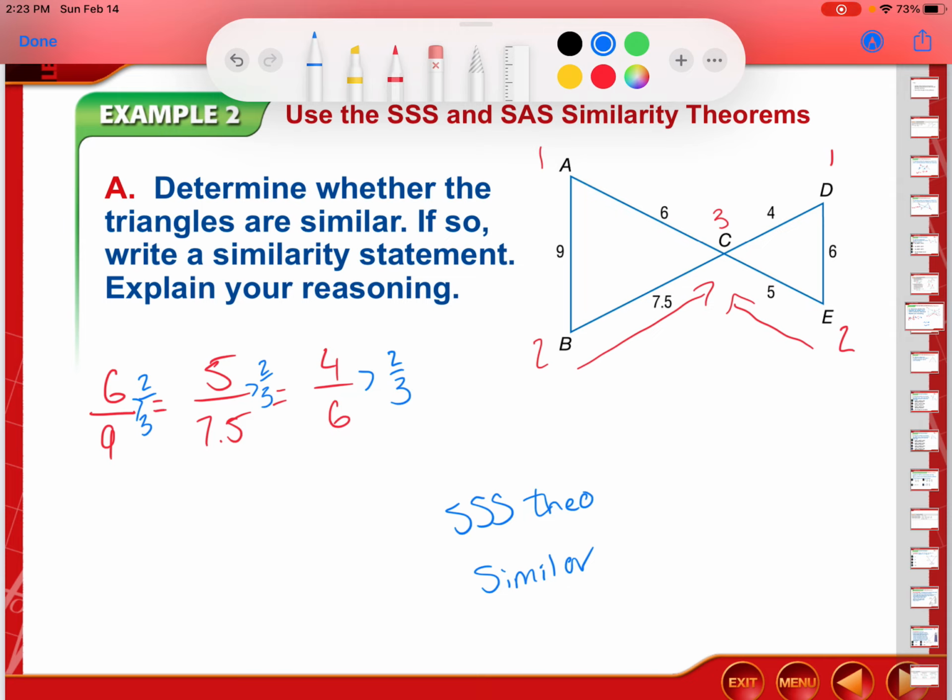Now I have to write my similarity statement. So this is where my 1, 2, 3's come in handy. So on this ABC triangle, I go 1 is A, 2 is B, 3 is C. And that triangle would be similar to, what is,